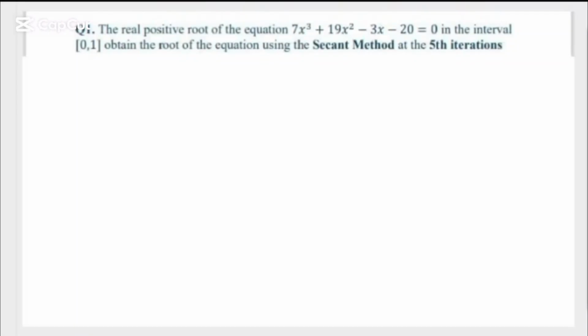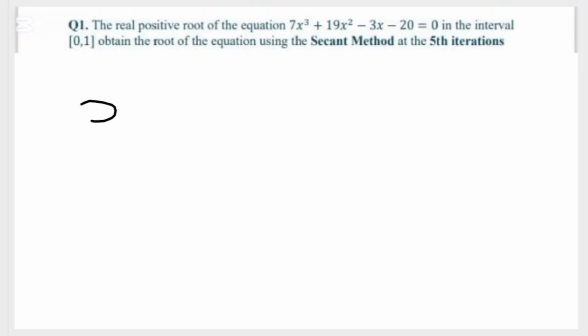The real positive root of the equation 7x cubed plus 19x squared minus 3x minus 20 equals 0 lies in the interval 0 and 1. Obtain the root of the equation using the second method at the fifth iteration. So we have to first write down the second method iteration formula, which says the x